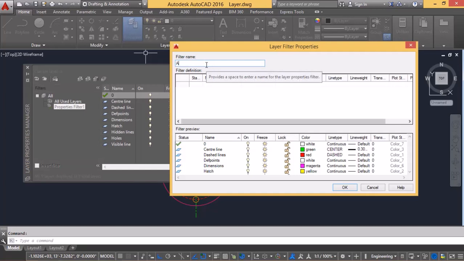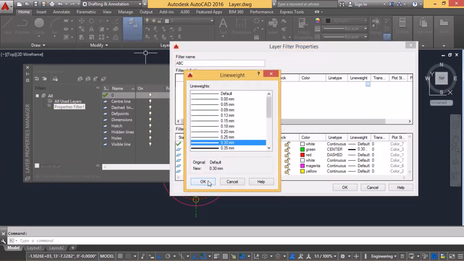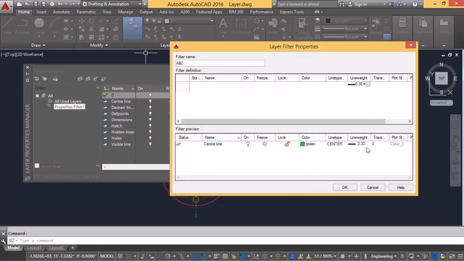I'm giving a name A, B, C. Now, on the basis of color, on the basis of name, on the basis of lock, unlock or freeze, you can separate the layer according to the property. Like, I want to separate with the line weight of 0.3. So we separated one property with the layer 0.3. This is how we can separate a layer,